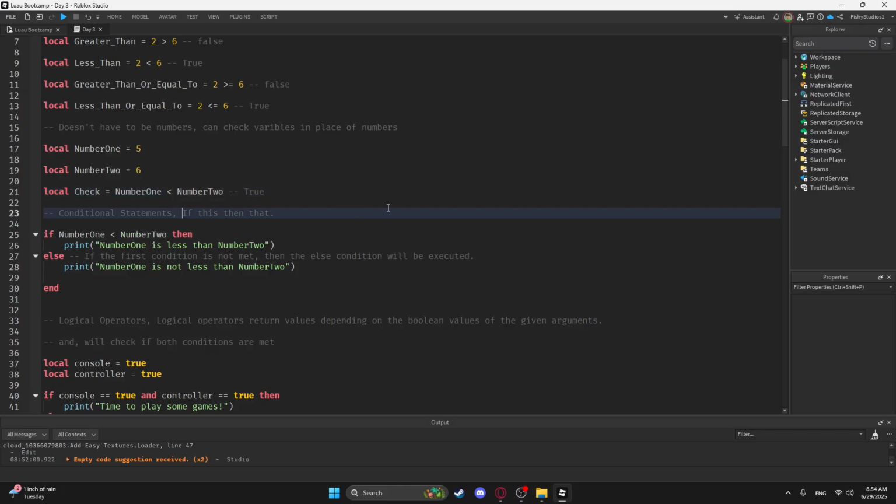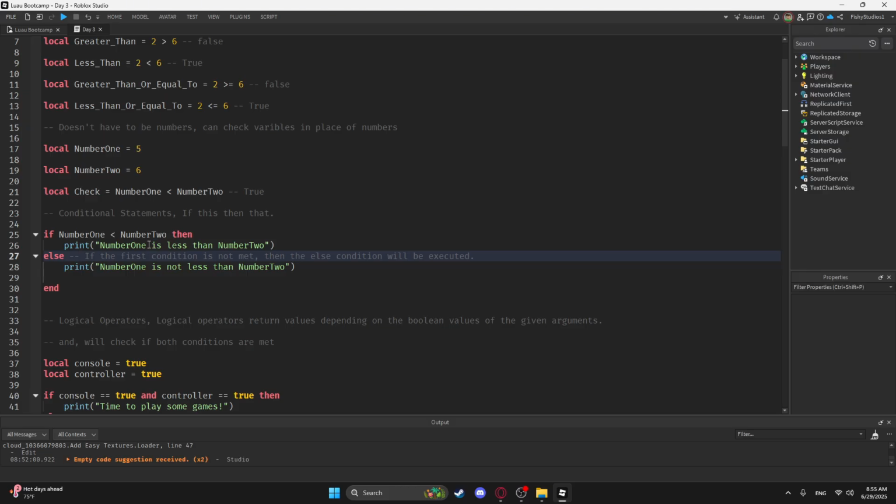Now we have conditional statements here. These are important. They are very helpful, so pay attention. We have if and then. Those are our two keywords that we need to get down, if and then. And it kind of runs through almost like English. If number 1 is less than number 2, then whatever comes next will be executed, whatever code is next. So if number 1 is less than number 2, then print number 1 is less than